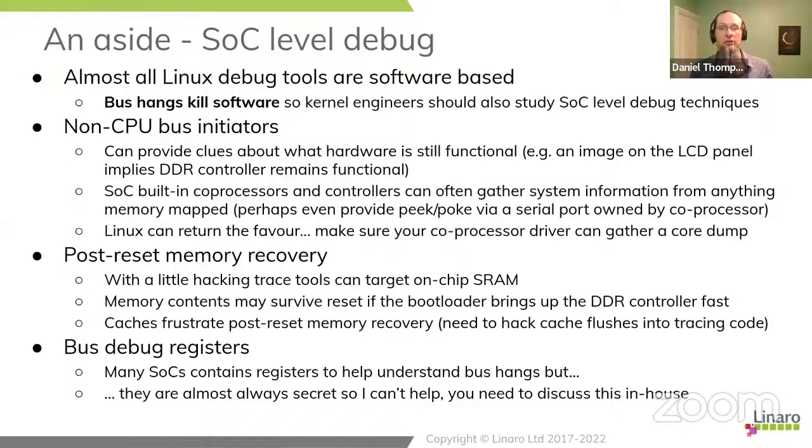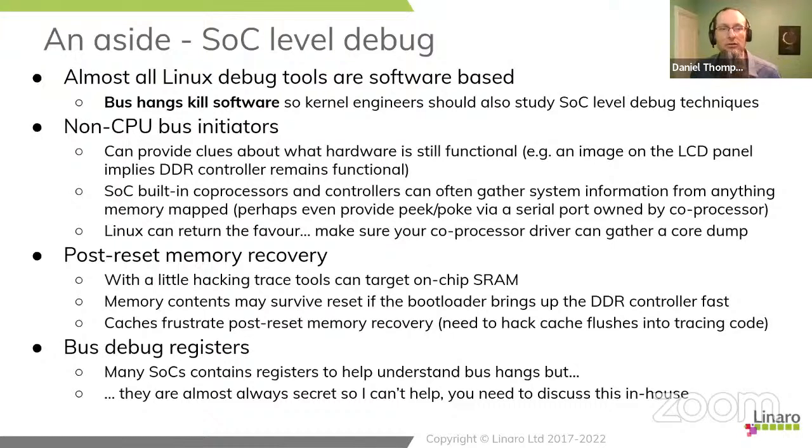So firstly, they can be used to provide clues about what's still functioning. For example, if you have an LCD that refreshes directly from DDR using DMA, and it still has an image on it, that means your DDR might still be working. This does require you to understand the hardware topology of the system. It won't always be the case, but there are certainly plenty of systems where the LCD refreshes from a frame buffer continually, and if the bus crashes, the LCD panel stops displaying things. So if that's the sort of hardware you have, then if you can see an image on the LCD, that means the DDR has not crashed. The DDR controller is still working. That can be a useful bit of information.